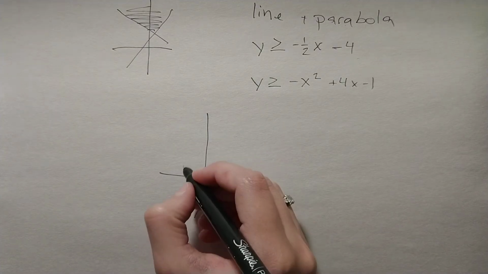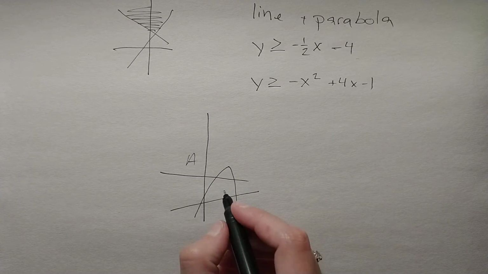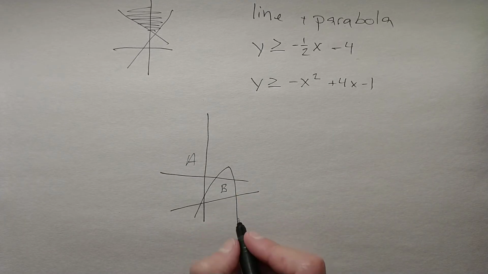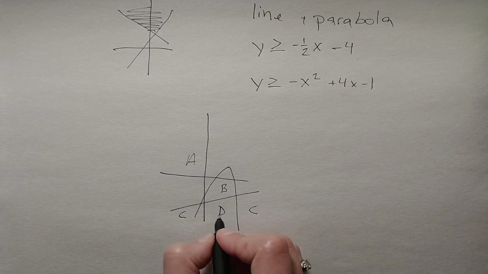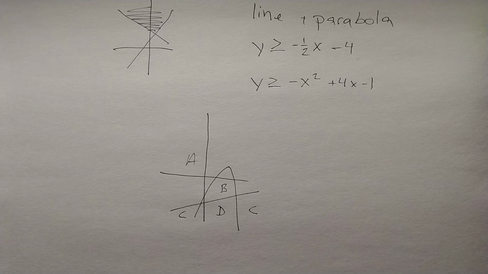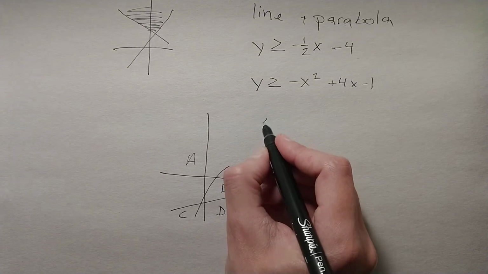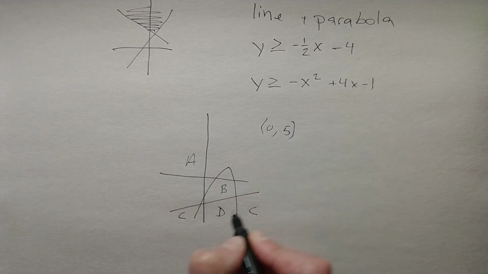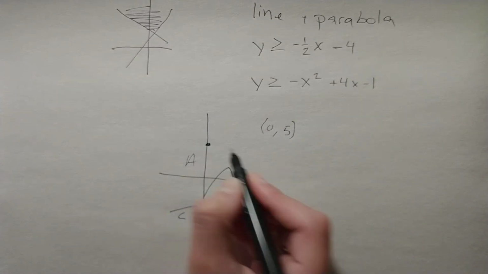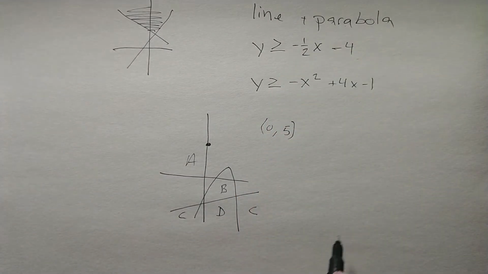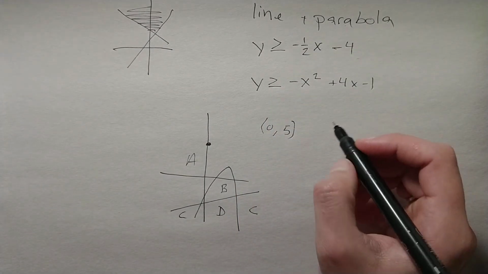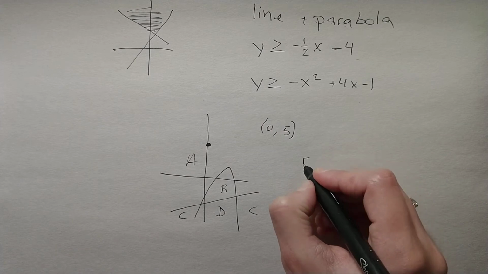Saying this is region A, this is region B, this is region C, and this is region D. Alright, so we're going to use any point to test these different regions to see which one works. Let's use point (0, 5), so that's going to be up here, to test for region A. So we're just going to plug this point into our equations. If we plug it into the first equation, we're going to get